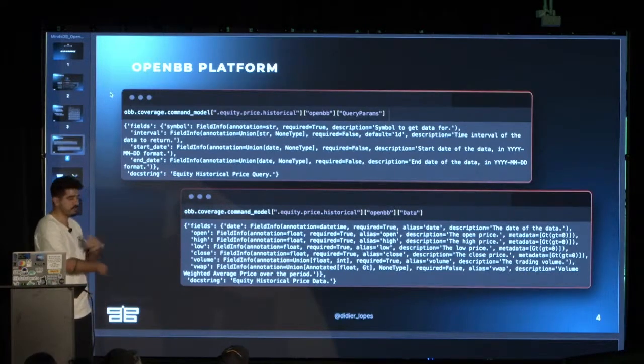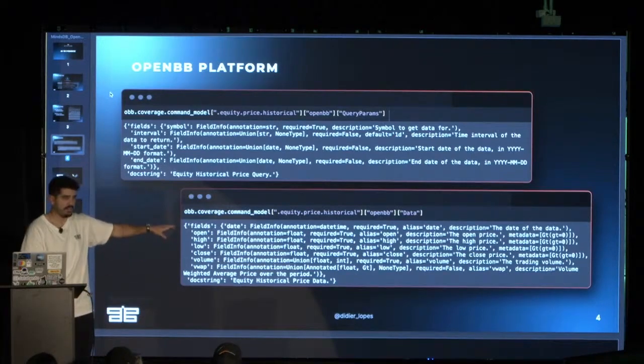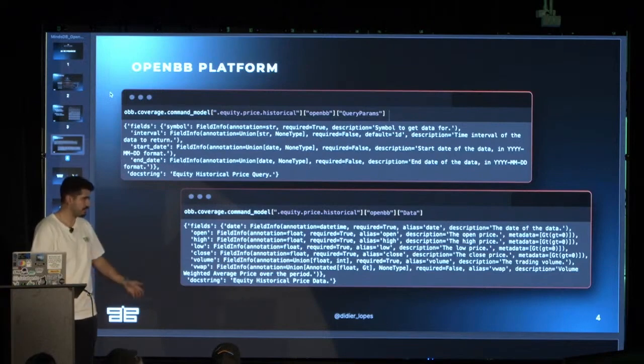And as you'll be able to see in the next presentations, this is super powerful. And I don't think there's any other financial data provider that does that, or at least not as well as us, but